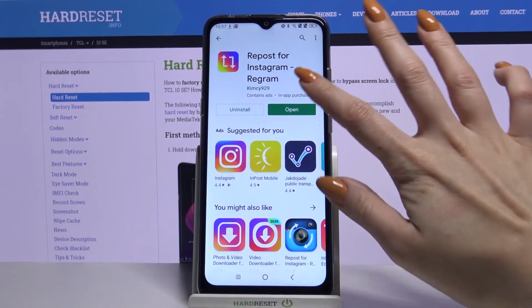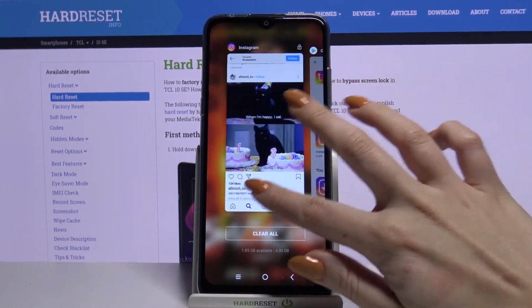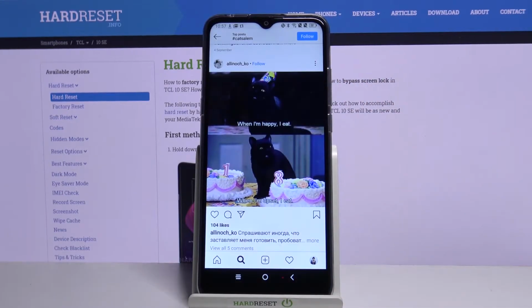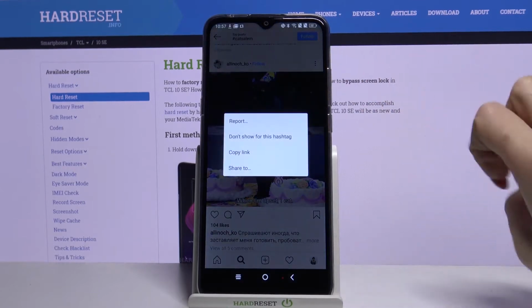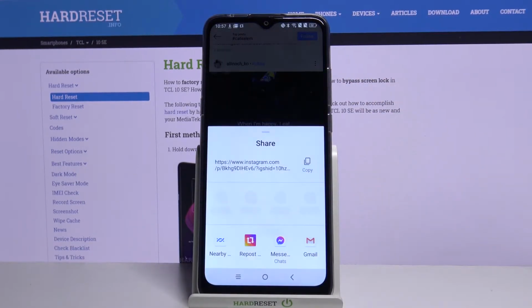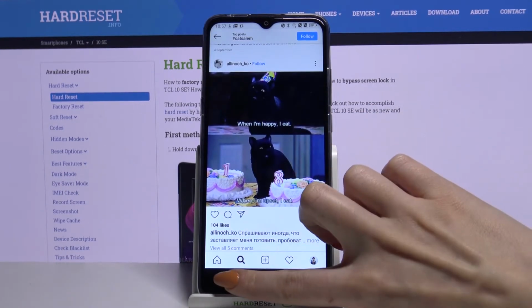Now open it and go into Instagram. Pick a photo that you want to download, for example this one, and tap on the three dots located at the top right corner. Choose Share To and click on Repost App. Now go back,